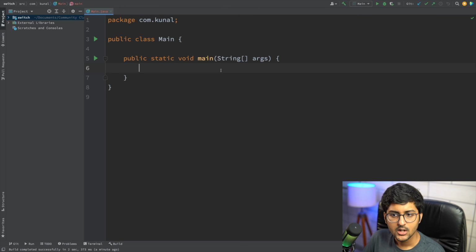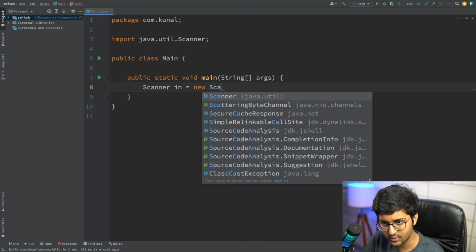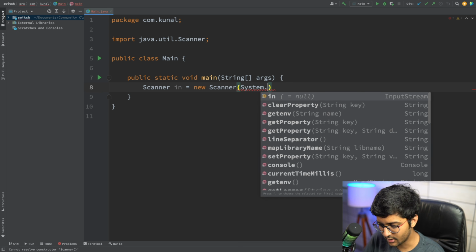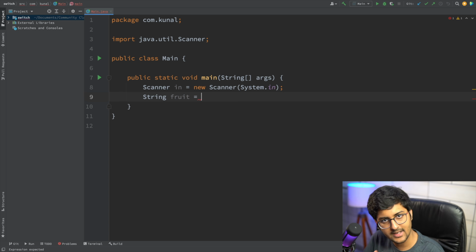Cool. So what are switch cases and switch statements? Well, before we jump into switch statements, let's look at a question. Let's say the question states that you take a word input, which will be a fruit. So for example, I can take Scanner input is equal to new Scanner(System.in), and I will take in a fruit. I can say String fruit, a collection of characters, hence I'm putting it as string data structure. So I can say in.next().